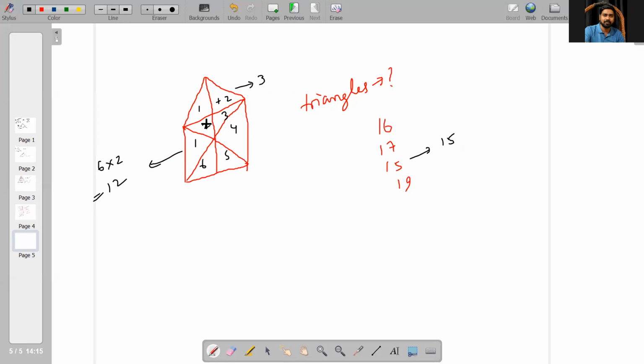लेकिन once we have joined these figures, are there new triangles being formed? Yes, sir. That means 15 is incorrect. Isn't it? What are the new triangles that are being formed out here?